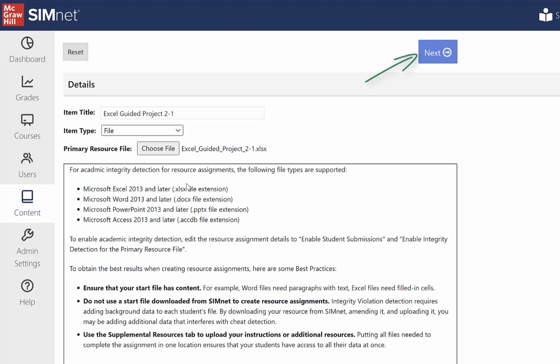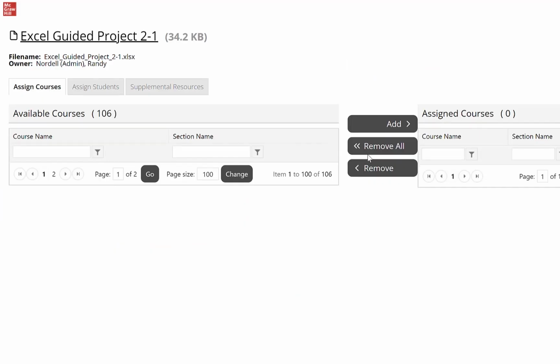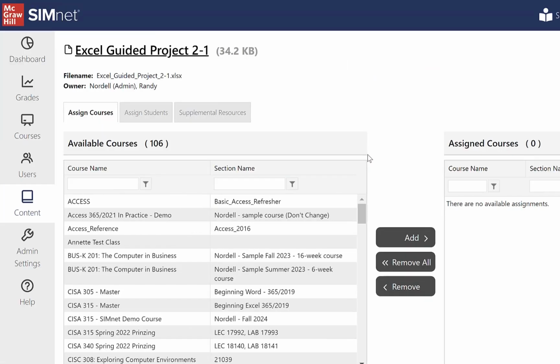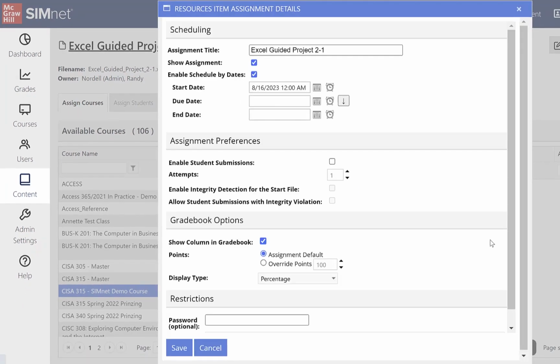But once you've created your resource, click Next, and it's going to allow you to add it to a course. And like any other object in SIMnet, you could add this to one course or multiple courses. I'm going to add it to the course we've been using here. And what you'll see is the common assignment details page. Now, if this is just a resource, a file like a syllabus or an additional information handout or a link to a video on YouTube or another video that you've made for your students, what I would suggest is